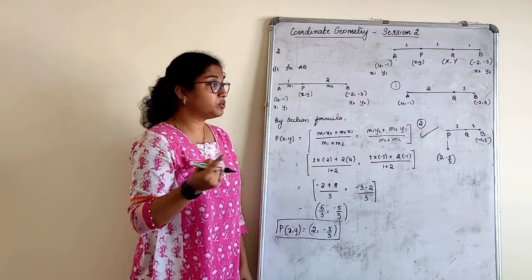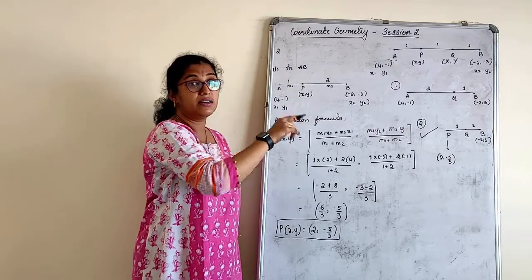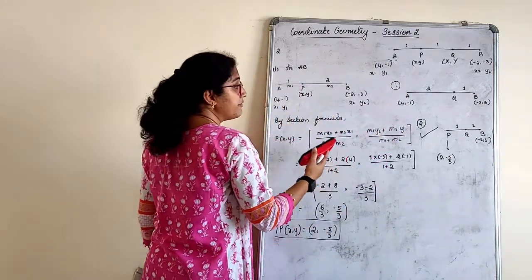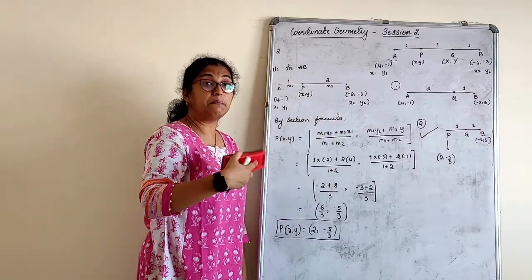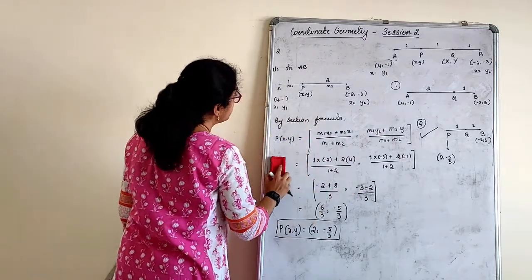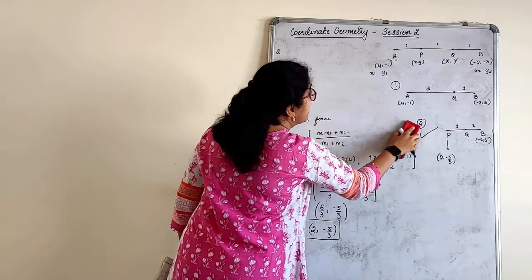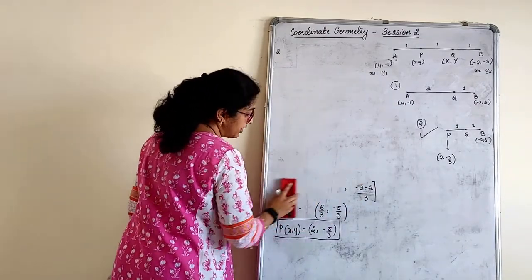Now it's left to you. The second part, finding Q, can be done by the first method or the second method. Let's quickly write, but whichever you use, the figure is very important and you have to write which formula you are using. So I'll erase this part now, which is not required. I'll keep that figure. Up to you, you can choose and do it.